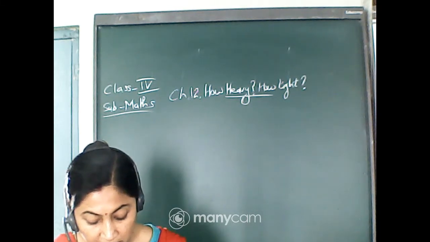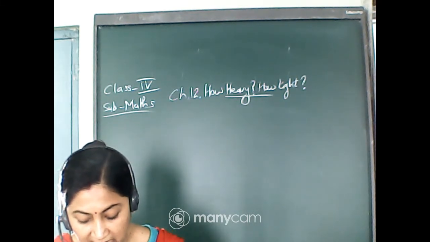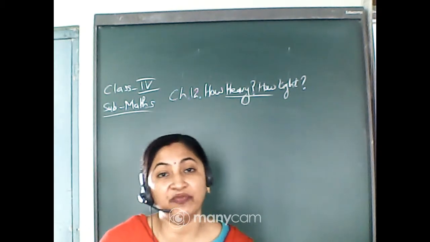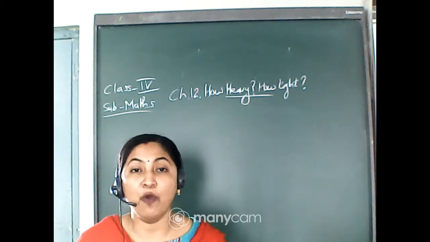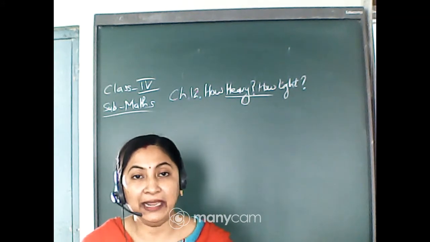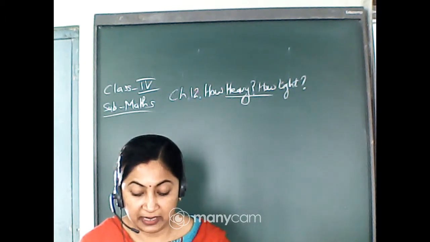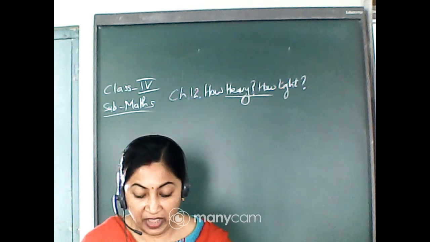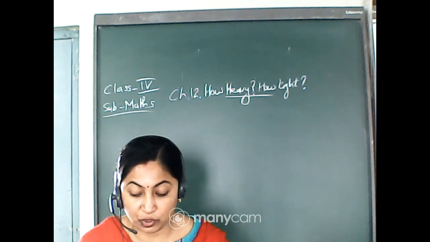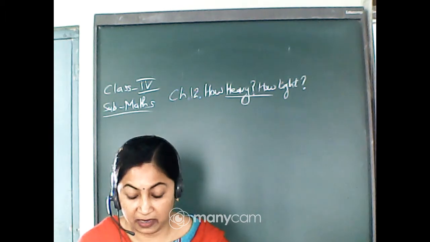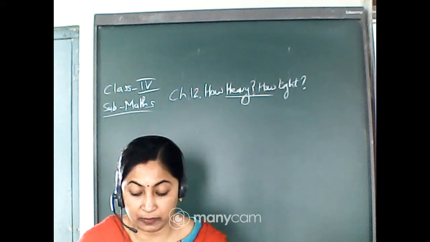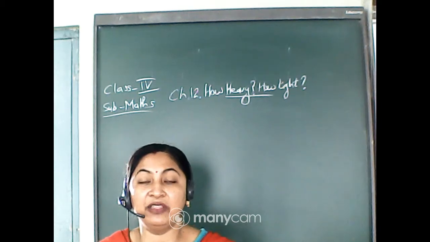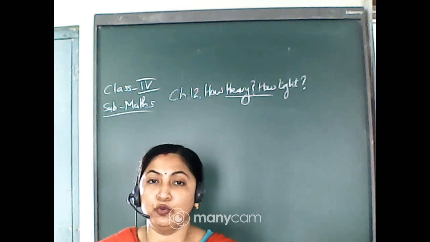First question. How much will you have to pay for stamps on a letter weighing 50 grams? Now suppose you want to send a letter whose weight is 50 gram. Now for this 50 gram, how much stamp you have to paste on that letter, that you have to find out. Okay. Now see, there is a column in the list, letter weighing. First it is written, first 20 grams or less, 5 rupees. Next it is written, for every additional 20 grams it is 2 rupees. So first for 20 grams you have to give 5 rupees, and after that with additional 20 grams you have to give 2 rupees, 2 rupees, like this.